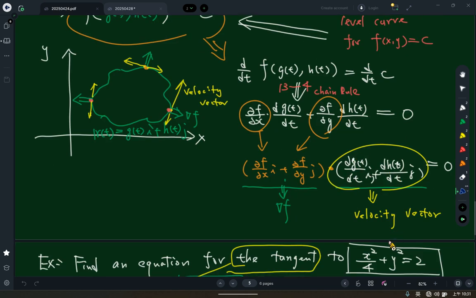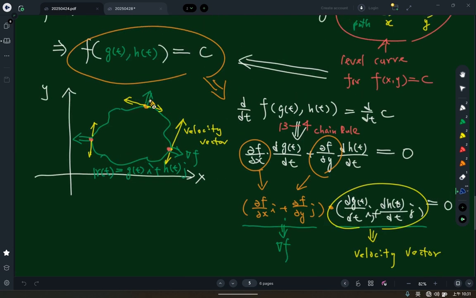So let's just talk about the velocity vector. The gradient vector inner product velocity vector is 0. That means these two vectors are orthogonal to each other, right? 两个向量内积为0的话，这两个向量一定是什么？正交垂直，对不对？